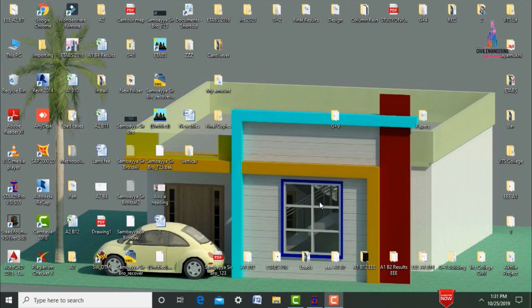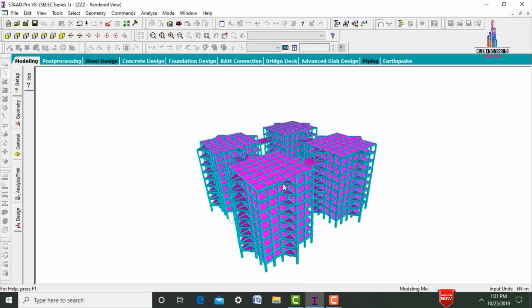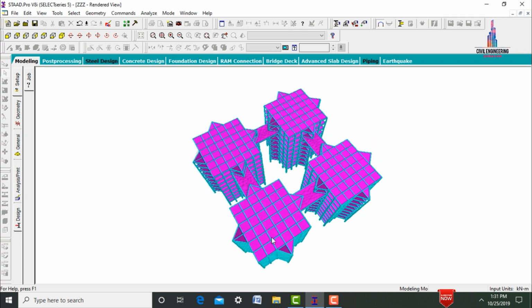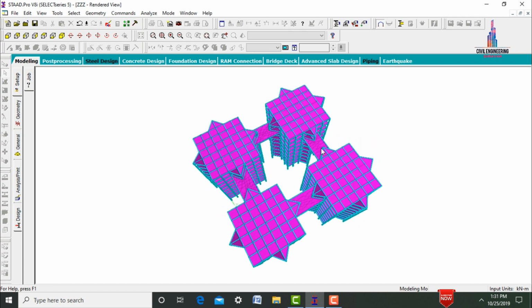In this video lecture, I will explain the modeling of G+9 four buildings with horizontal connections between these respective buildings. Initially I will show you the model for this house. So go to the Staad Pro software. This is my model for this G+9 building, which consists of horizontal connections between these four